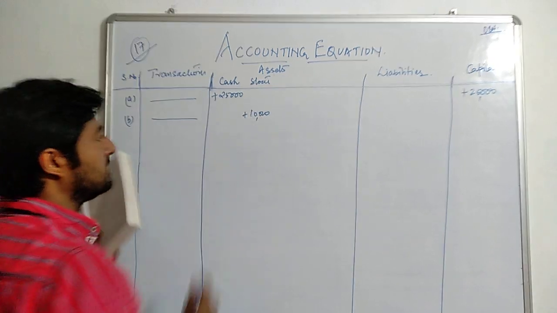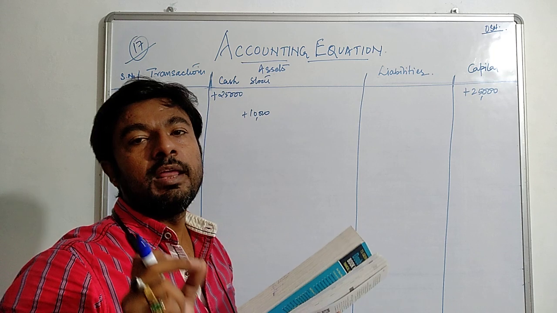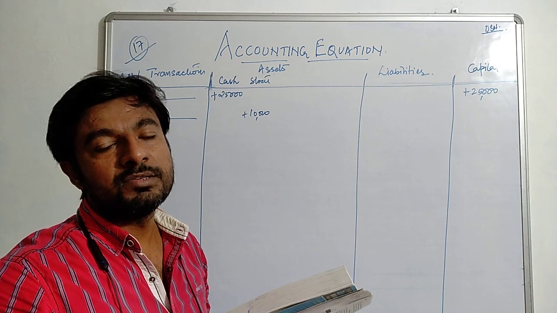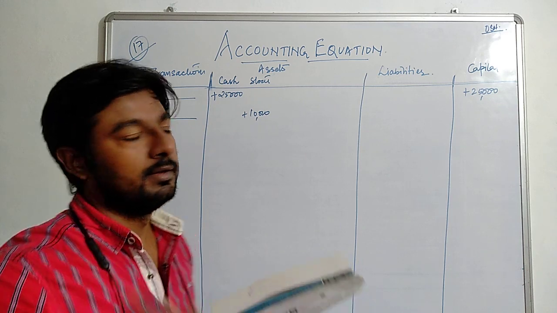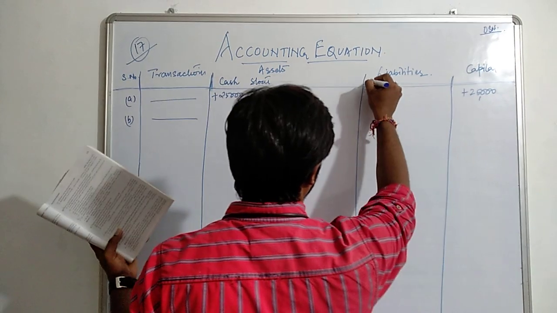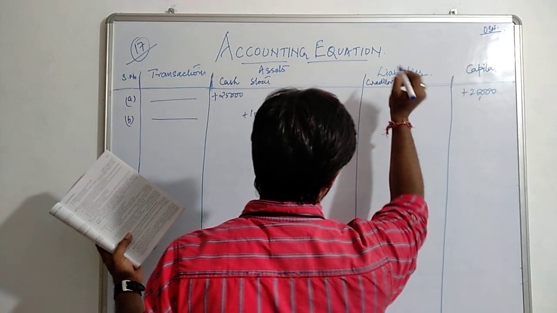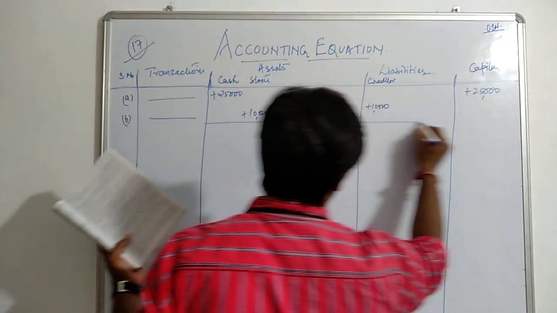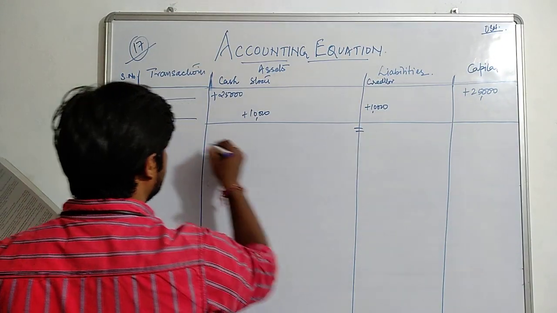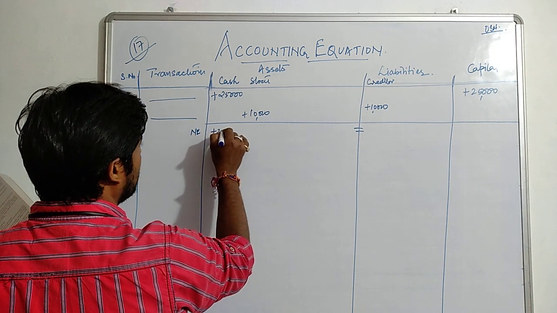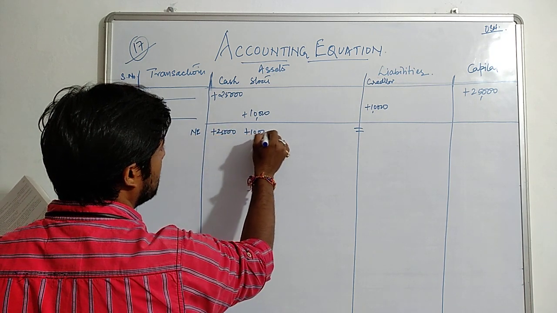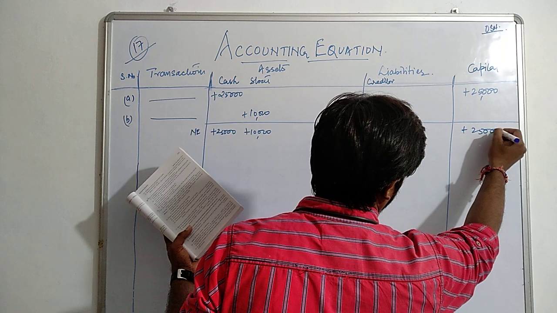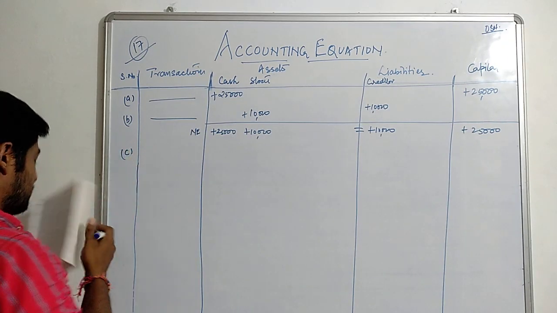The level of stock is increasing. See, here in this transaction name is there. I already told you, whenever in any transaction name and only name is there, that means that transaction is of credit. That means you promise that person to pay later, and we will call those persons creditors. So your external liability is increasing by rupees 10,000. Now see the new equation. What is the new equation? Level of cash 25,000, level of stock 10,000, level of creditors 10,000, and level of capital 25,000. Got the point?